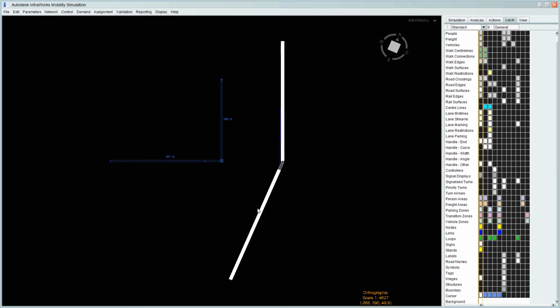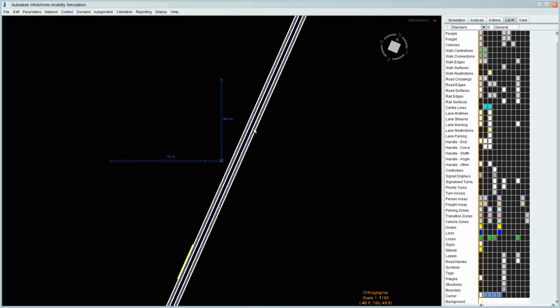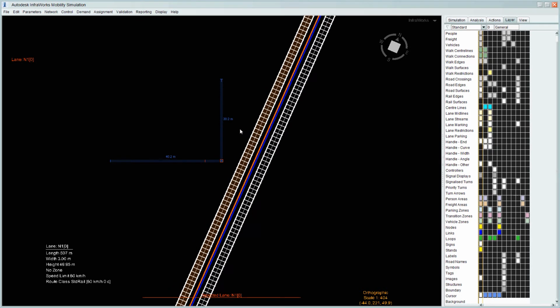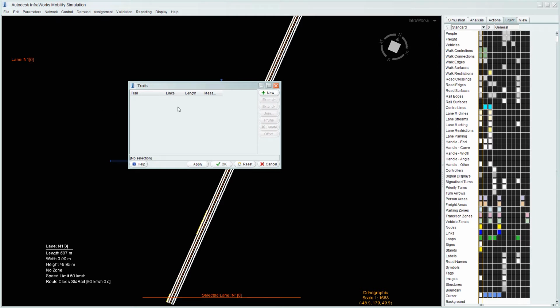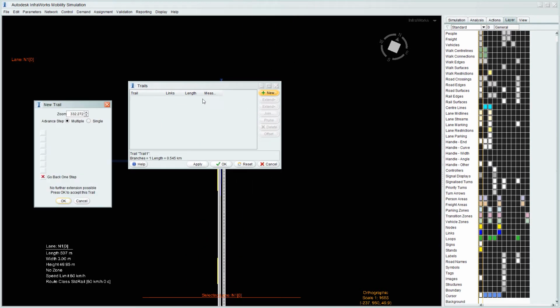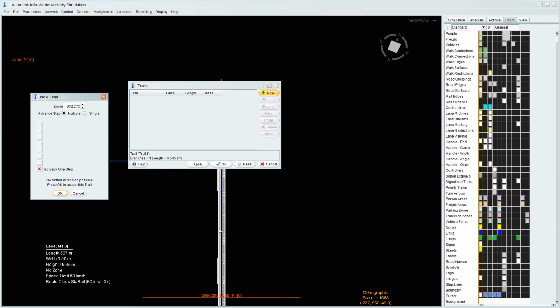So what we need to do first is select this bottom lane, and then we will come up to network and trails, and we'll say new trail. It's going to be trail 1, and what this has done, it has automatically detected that this second section of rail is attached.